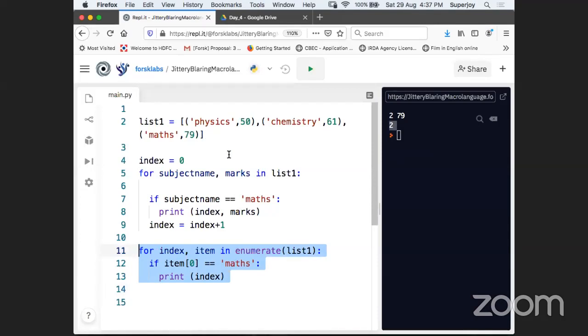The first approach we took was using 2 separate lists: one list for storing the subject names only, and one list for storing the marks only. Then I told you that you can take this approach as well, where you store a subject name and marks as a tuple, and put them in a list, right? And then we got a problem there, right?